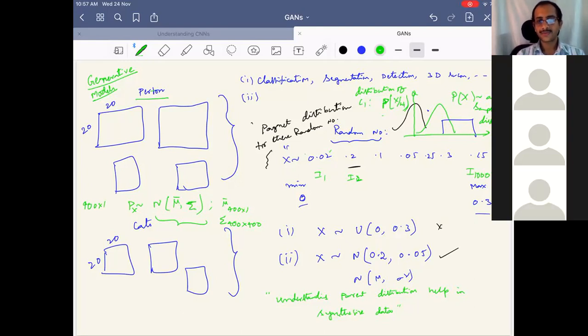Sir, excuse me, sir. Yeah, please ask. In generative adversarial networks, can we only synthesize the data, or can we even classify the data, sir? Yeah, we can do both. We can do better classification as well. We will see how we can use it for better classification. But what is not there in the other conventional convolutional neural networks, and is there here, is the synthesis of the data, or capturing the parent distribution of the data.